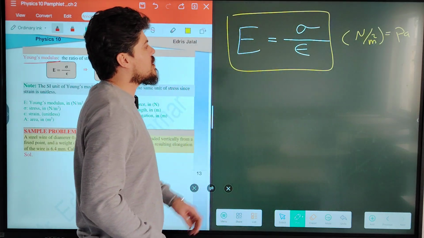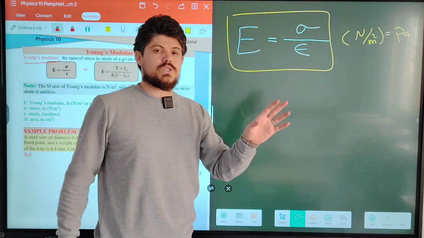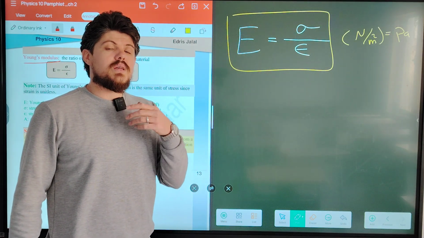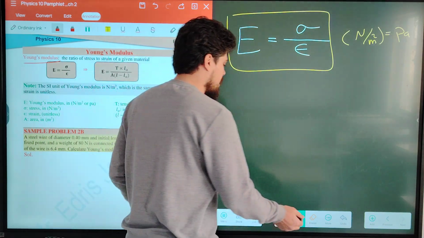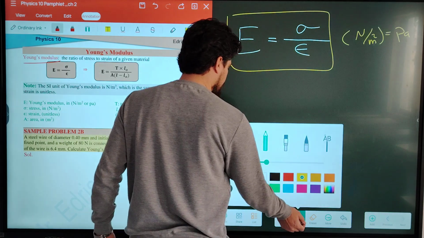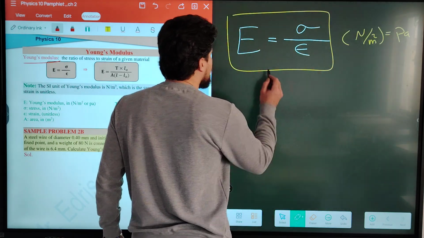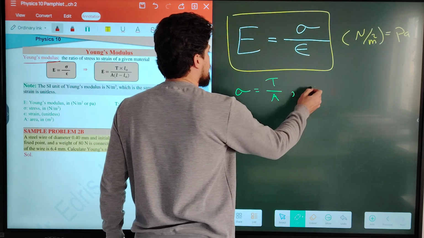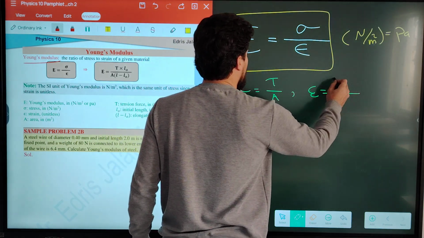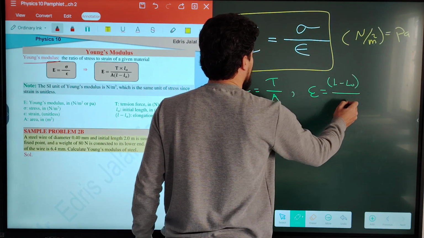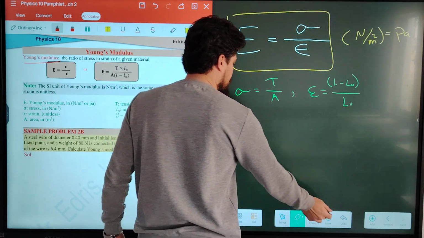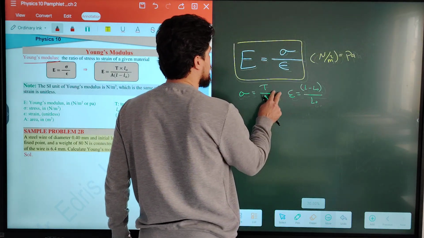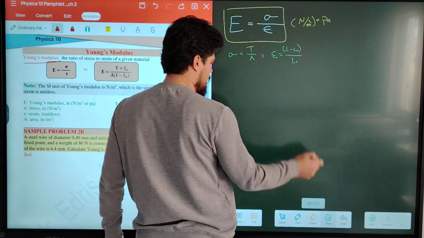But in the case when the stress and the strain are not given in the question, how can you determine the Young's modulus? The question must give you the other quantities. Like, for example, stress is equal to what? Tension over area. Strain is equal to what? Elongation over initial length. By substituting into the main equation here, look, guys,